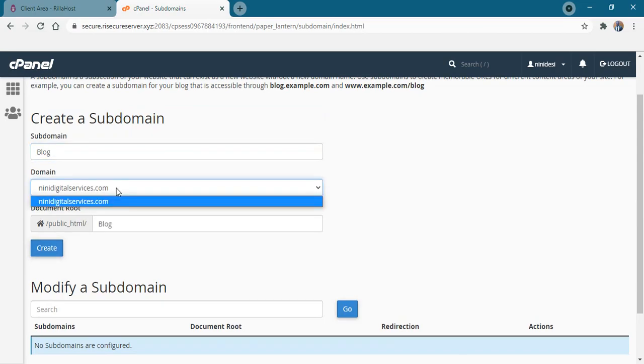Now, if you have more than 2 domains with this same hosting service provider, by clicking on this drop down, you'll be able to see all the domains, and then you select which of those main domains you would like to attach this subdomain to. In this case, I only have one domain with them, so that's why only one of them is appearing. Just in case there are 2 or 3, you will be able to select which of them you would like to attach this